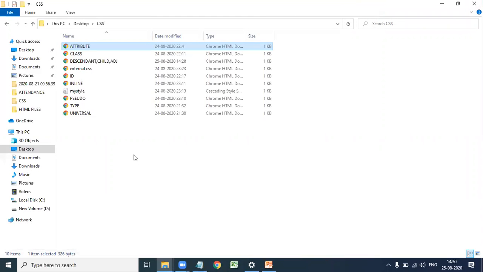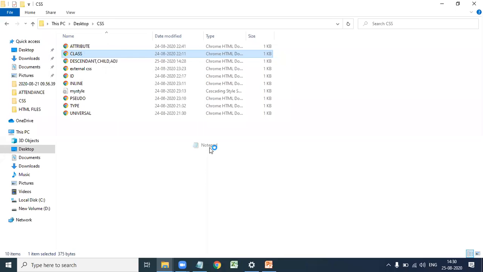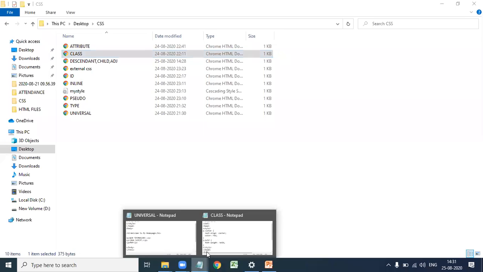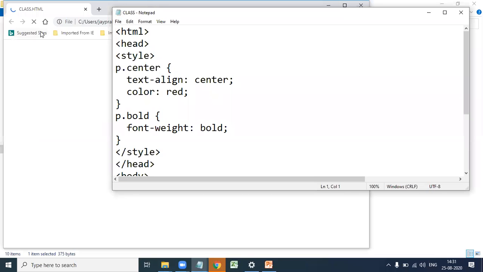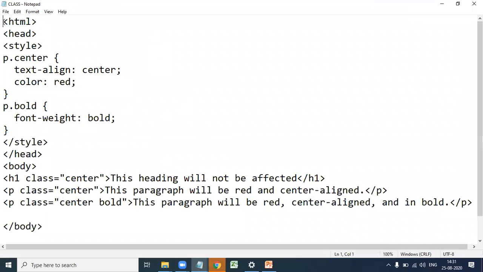Next, class selector and id selector. Here, the class selector is used to allow different occurrences of the same tag to use different style specifications.